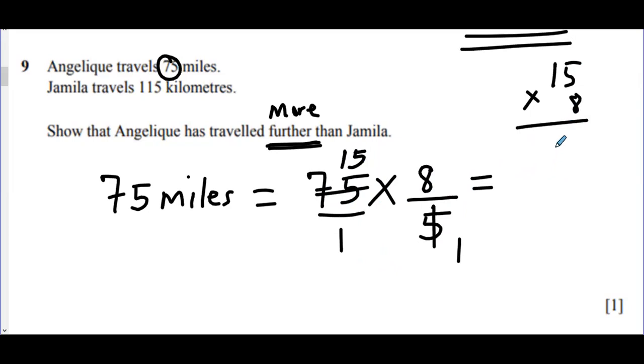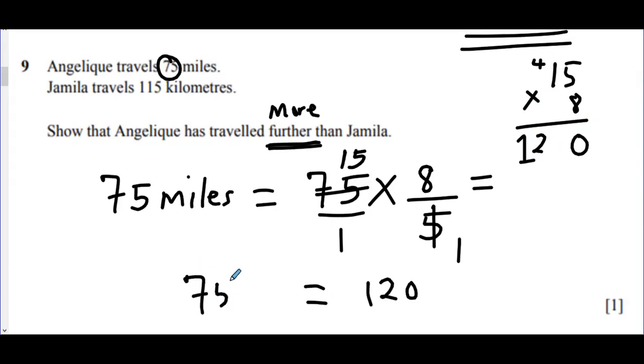But can we do it practically here? Yes. 5 times 8 is 40. 40, 4 carry, 8 times 1 plus 4. So the answer is 120. So 75